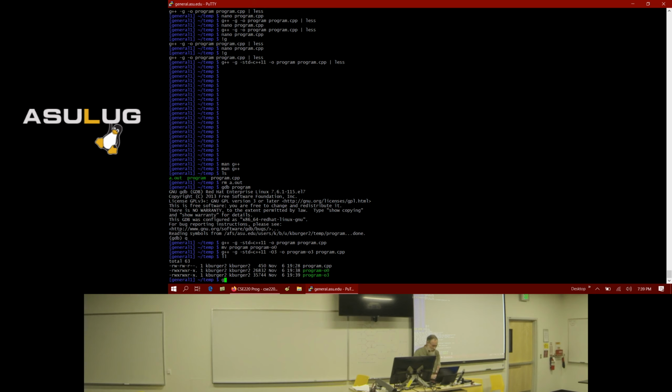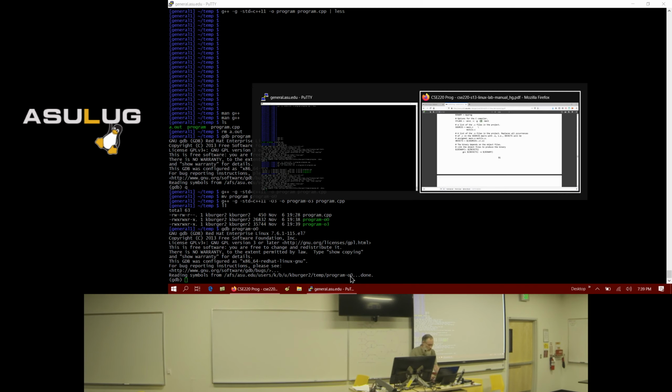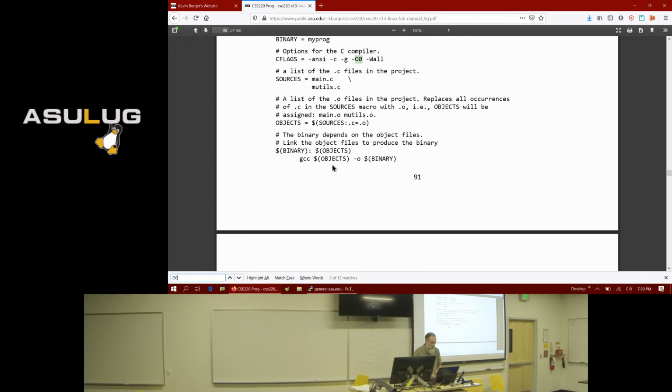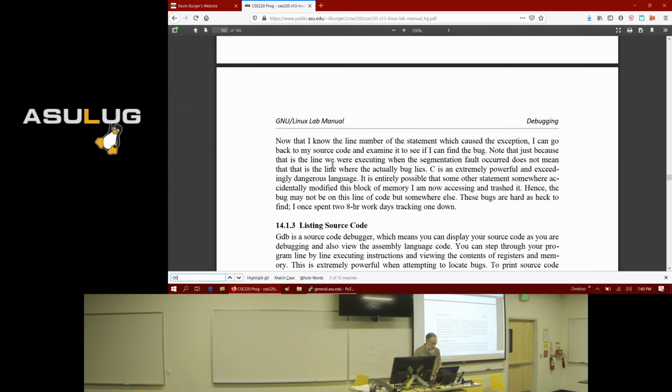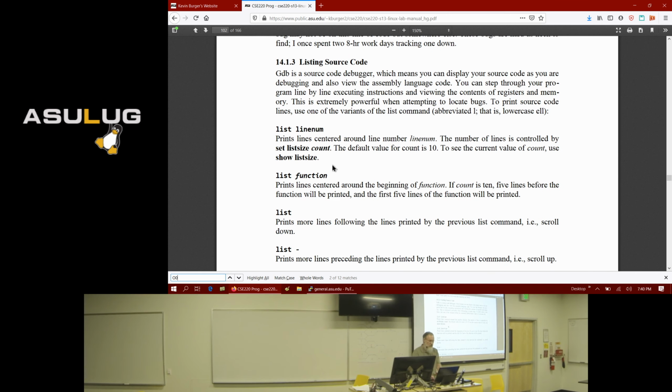So if we fire up program-O0 in GDB, once you load the program, let me go to the GDB chapter again. You can list the source code.